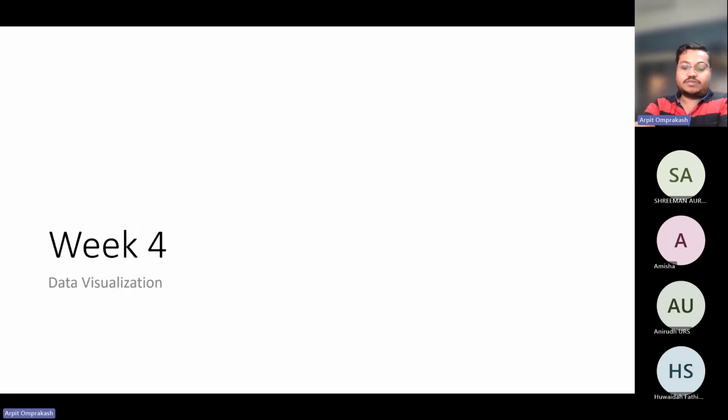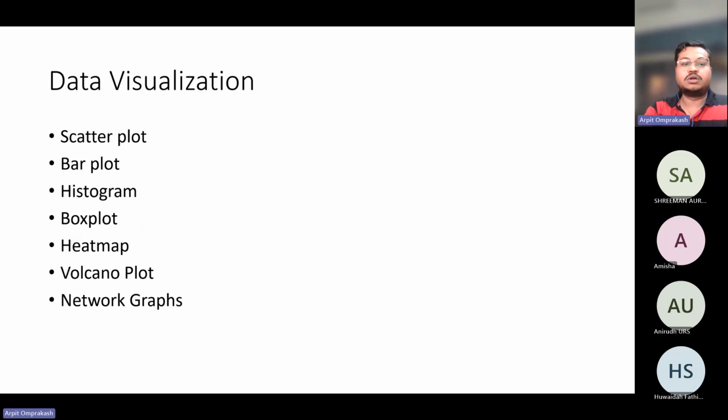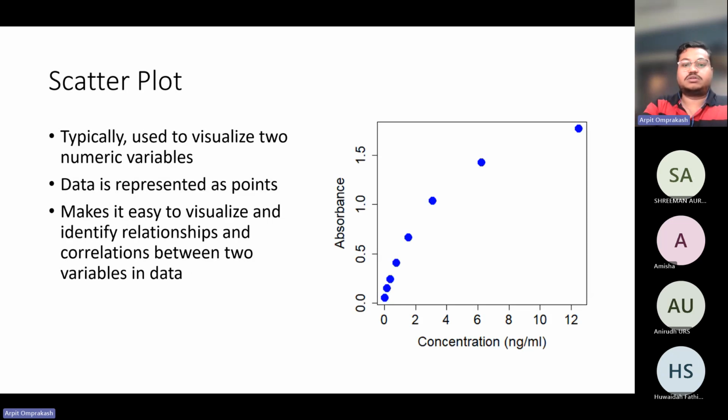So we'll start with the lectures on data visualization. These are the different kinds of plots and graphs that we were taught about, starting from scatter plot, bar plot, histogram, box plot, heat map, volcano plot, and networks represented as graphs. So what we'll be doing is we'll first take a look at the different plots. Then we'll go to R and learn how to plot those. So scatter plots are